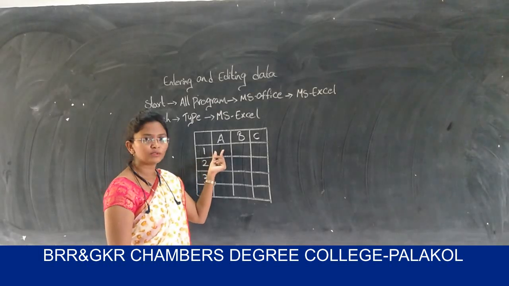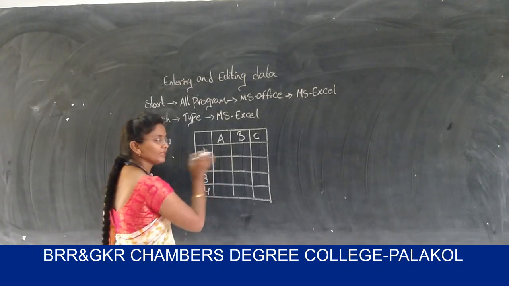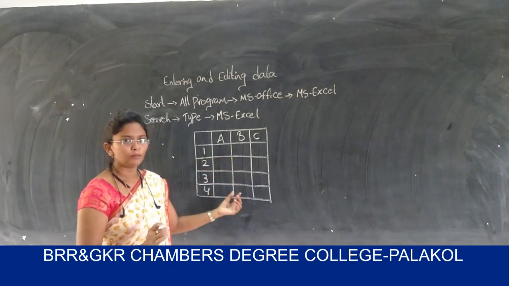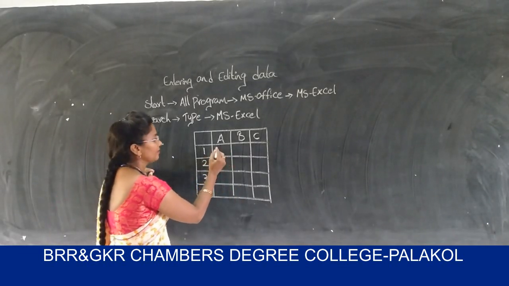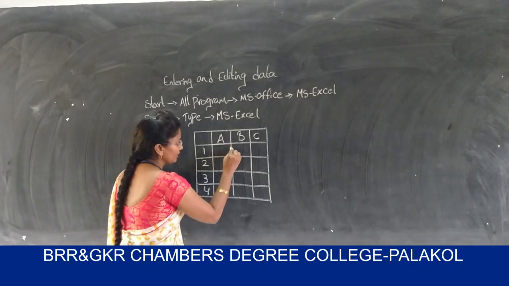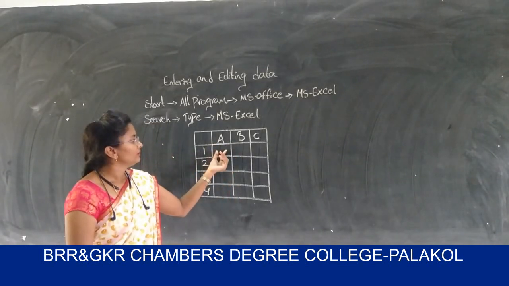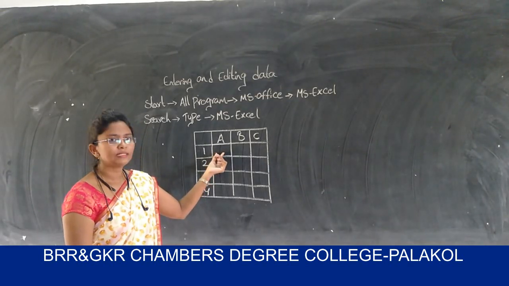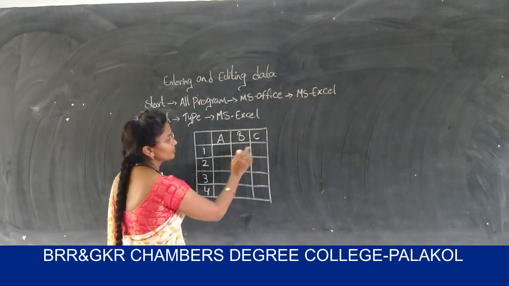First of all, you have to select the first cell. That means I am selecting the A1 cell. Not only the first cell, you can take any other cell. But here I am taking the A1 cell. I am clicking on this A1 cell. If I click on this cell, then automatically the A1 cell is highlighted. Highlighted means it is activated. The remaining cells are non-active cells.